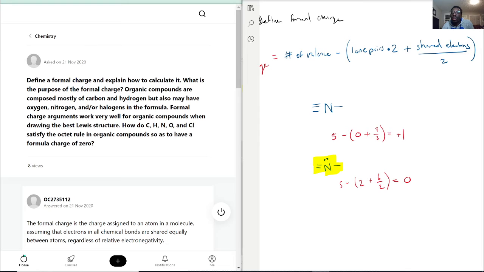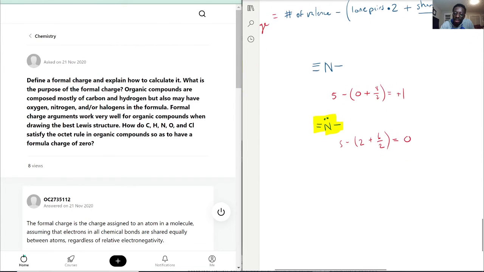So as you're going through and rearranging your electrons, trying to make sure everything matches the octet rule, you can go further to see which type of structure it would prefer by checking their formal charges. And now with this, how do C, H, N, O, and Cl satisfy the octet rule in organic compounds? So let's have a formal charge of 0. This is just listing bonds. So carbon,